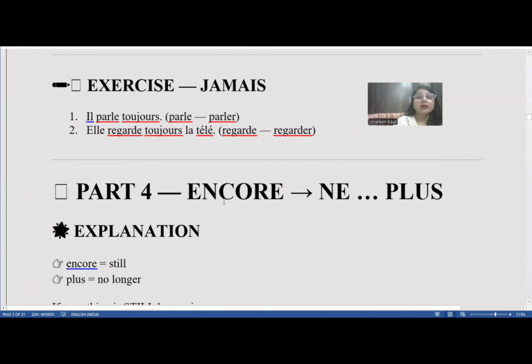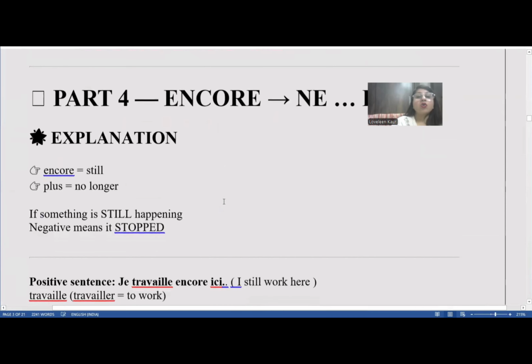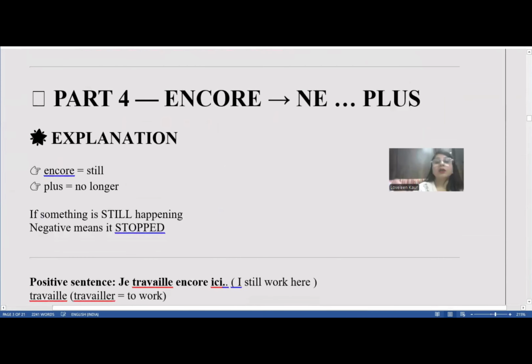Now let's see another version. अभी एक और चीज क्या है पार्ट 4 में: encore. Encore means still. ठीक है. अगर मैं कहूँ आप अभी भी खाना खा रहे हो, मतलब मान लो मैंने 2 घंटे पहले किसी बंदे को खाना खाते देखा और मैं बोलूँ अभी भी खाना खा रहे हो, तो बंदा कहे नहीं, I'm not eating anymore। नहीं मैं अभी तो नहीं खा रहा, मतलब वो पहले खा रहा था पर अब नहीं खा रहा। ठीक है. या मैं कहूँ आप अभी भी म्यूजियम जाते हो, नो मैं अब नहीं जाता। आप अभी भी सिगरेट पीते हो, नो मैं अब नहीं पीता।